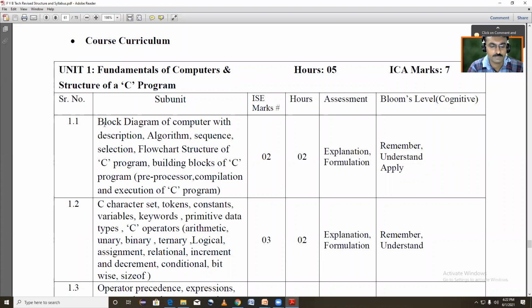Algorithm, sequence, selection, flowchart, structure of C program, building blocks of C program,